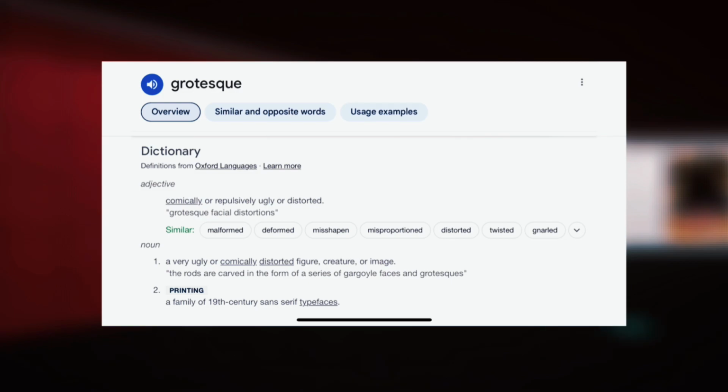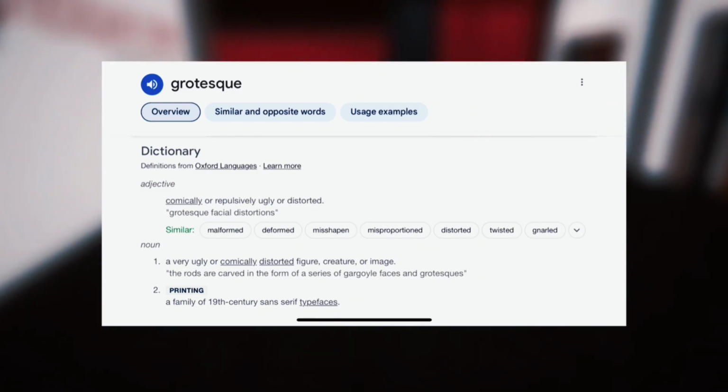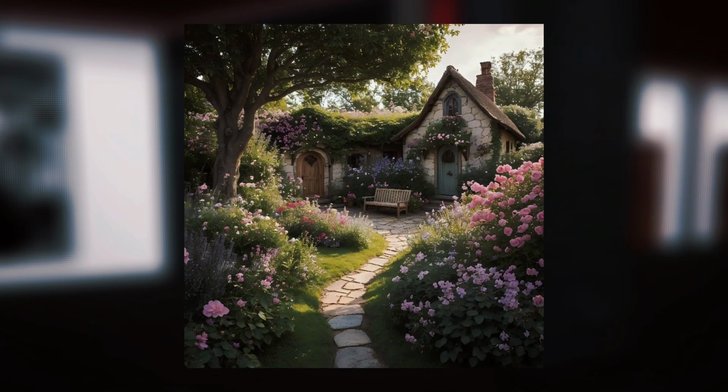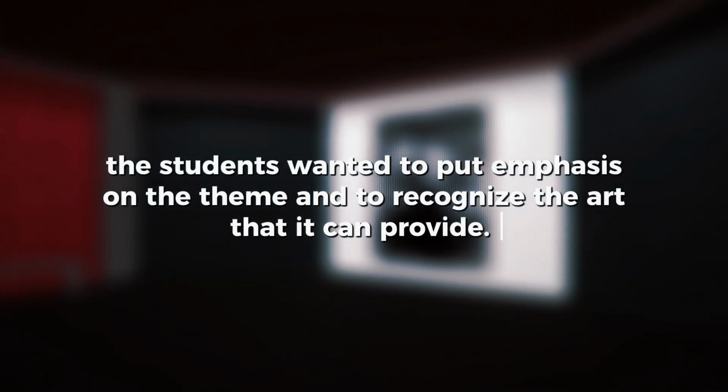Grotesque means a very ugly or distorted figure, creature, or image, which revolves around gore or horror. Nowadays, core is used to put emphasis on the theme, like cottagecore, gothcore, and etc. They called it grotesque core because the students wanted to put emphasis on the theme and to recognize the art